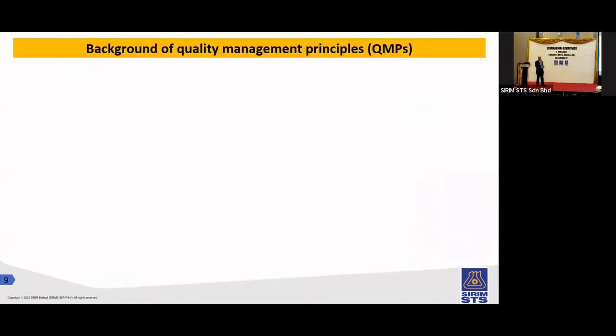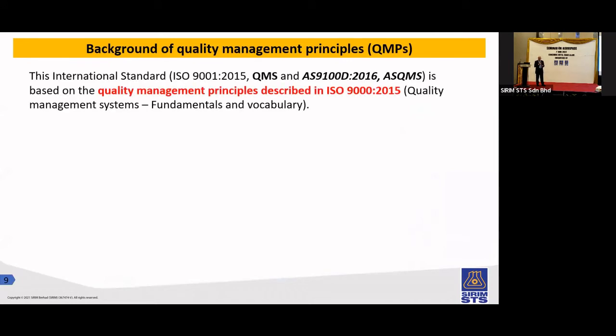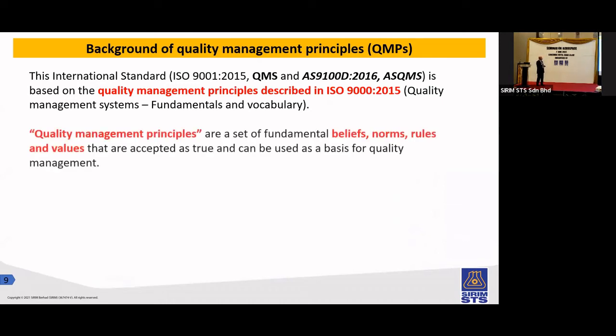The background of QMP, Quality Management Principle. You can see the detail of principle in ISO 9000 2015. So it's not in the ISO 9001. The detail of the requirement of this principle is in ISO 9000 2015, which is quality management system, fundamental and vocabulary. So it's the belief, the norms and the rules and the value of quality to become a quality person,